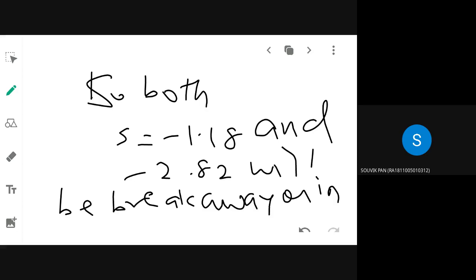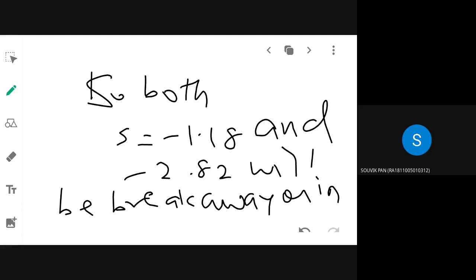So what are the steps in the construction of root loci? First step is location of poles and zeros. Second, find the root locus on the real axis. Third step is angle of asymptotes and centroid. And fourth step is the breakaway and break-in points you have to find. Then the next step is you need to find the angle of departure and angle of arrival. This you might know.